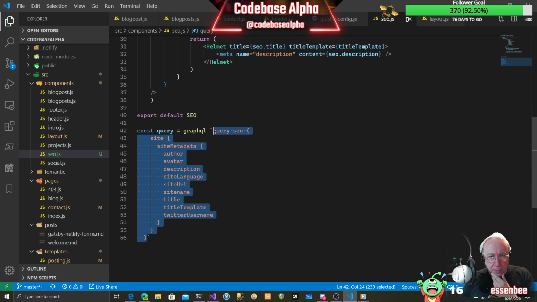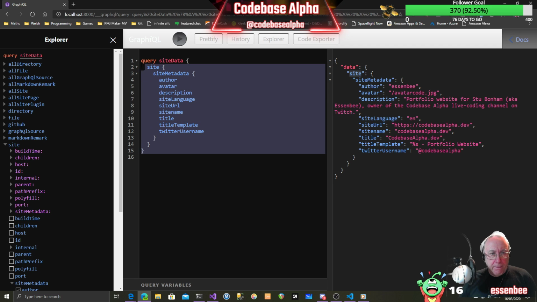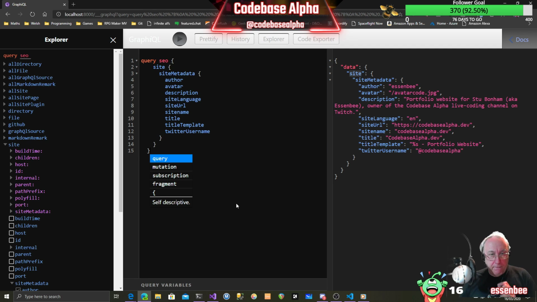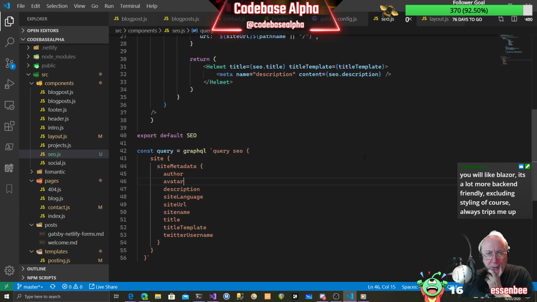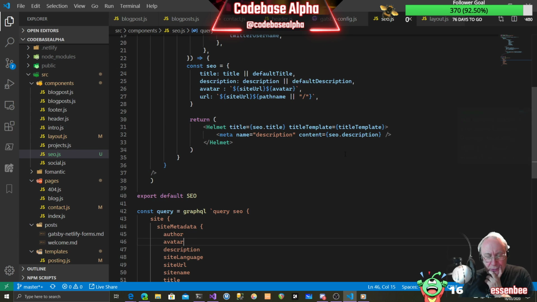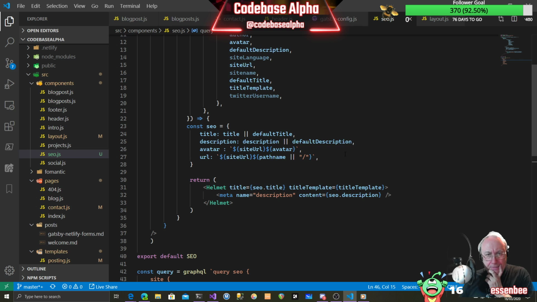Let's just run this again. Over to our query, the GraphQL query is bringing our site metadata back nicely. So I'm fairly sure that bit is okay. It's the fact that when we try to grab these values, they're coming back with no values in them. So here title is